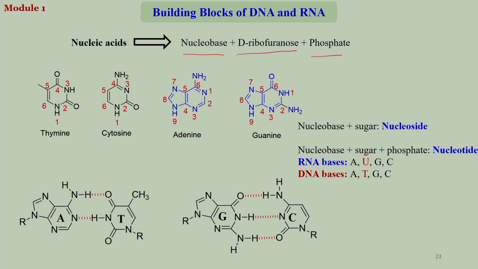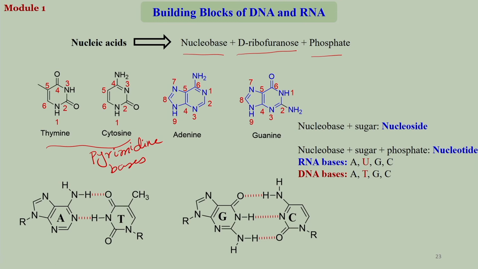These are called pyrimidine rings. So, thymine and cytosine are known as pyrimidine bases,